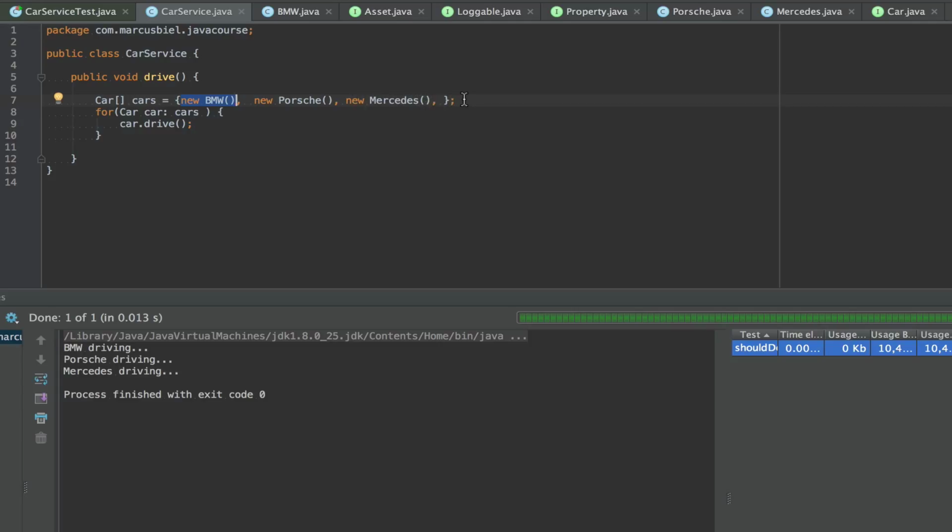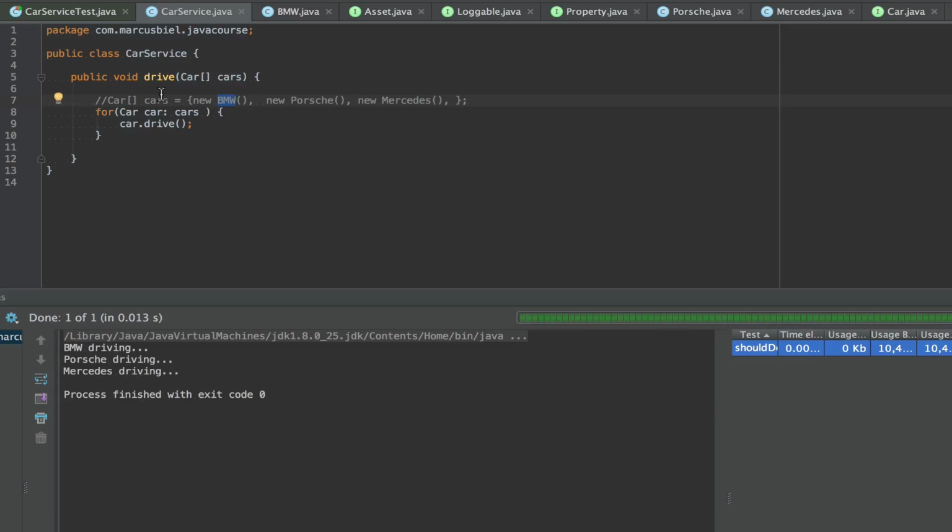So at the moment it would still be coupled, but normally you would not do it like this. What you would usually do is forward an array that is already filled, and only then is our car service not coupled to the specific implementations. So it really allows you to decouple your code much better than without interfaces.